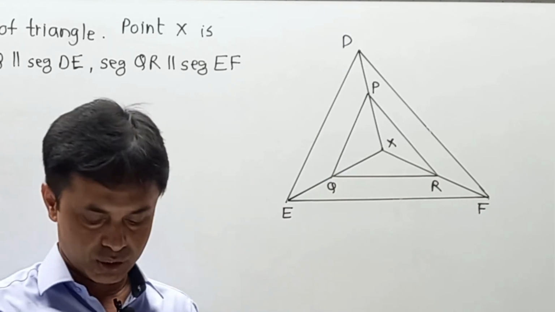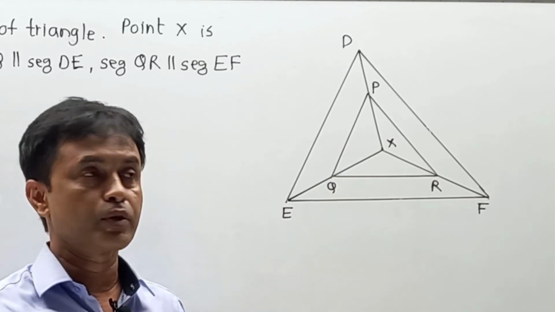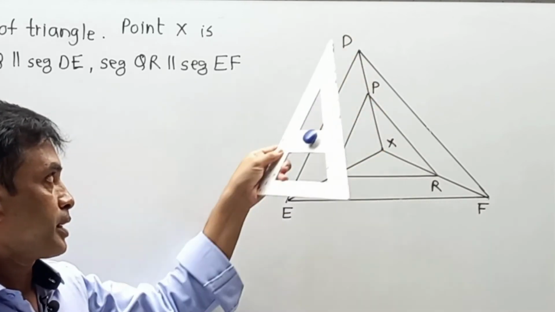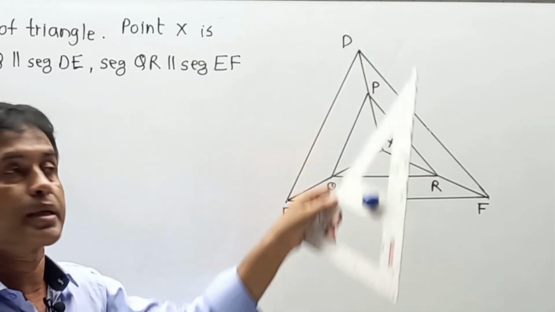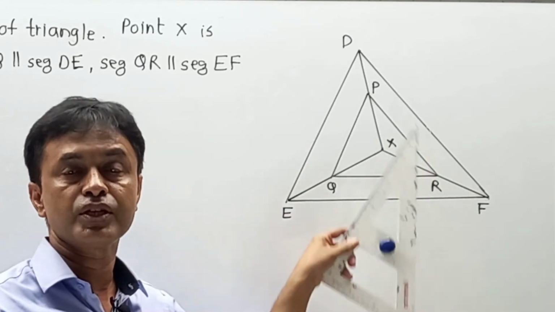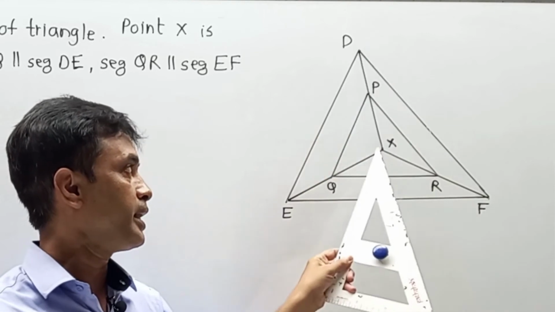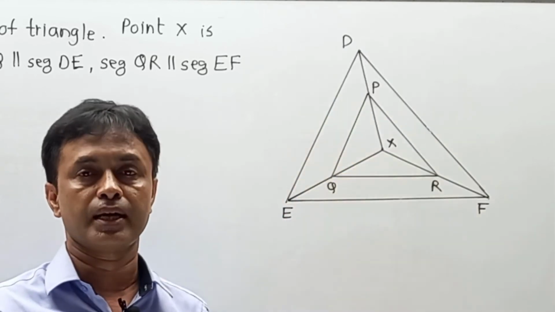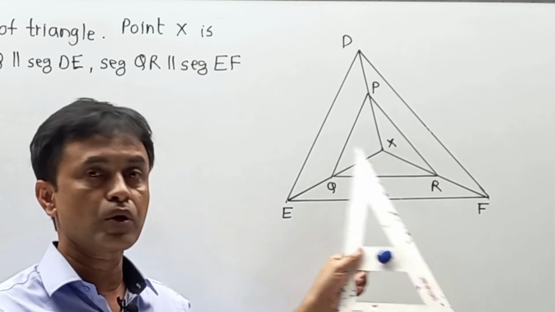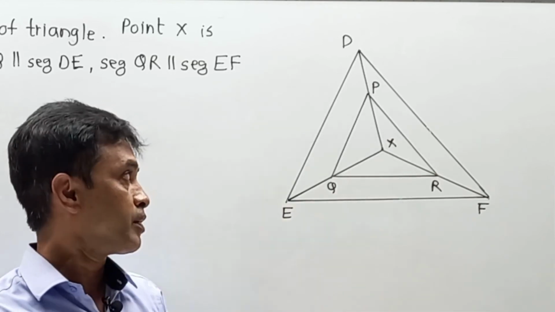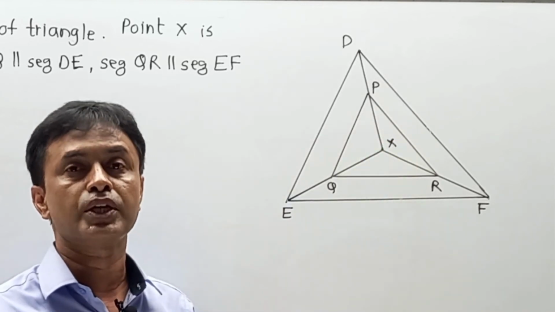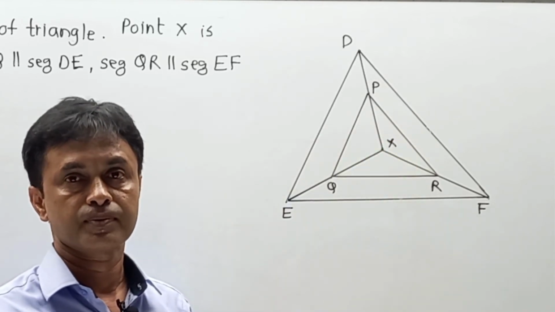Now student, please pay attention. When you go to solve such a numerical, remember that DXE is a totally separate triangle, XEF is a totally separate triangle, and DXF is also a separate triangle. Now, they have given this numerical in the form of fill in the blanks, but I am going to solve it actually, so please pay attention. First of all, I am going to separate all three triangles in front of you so that you can easily understand the part.